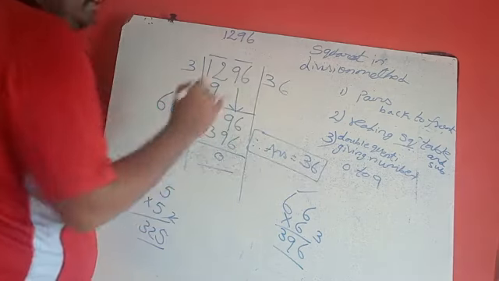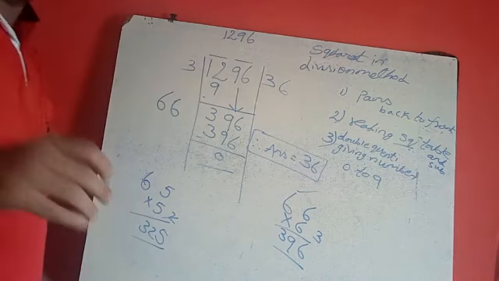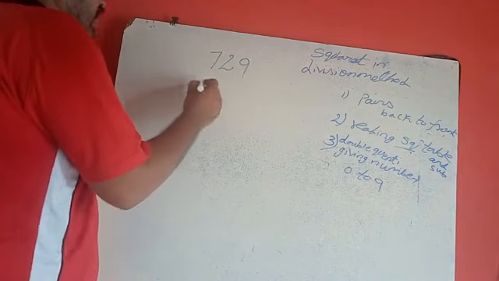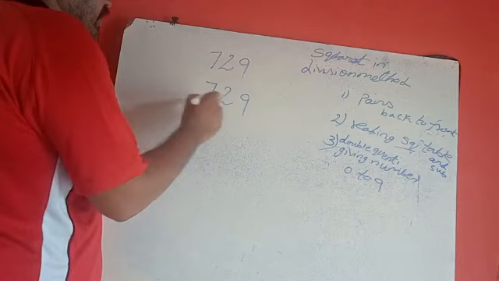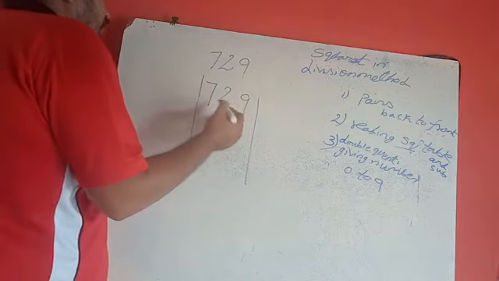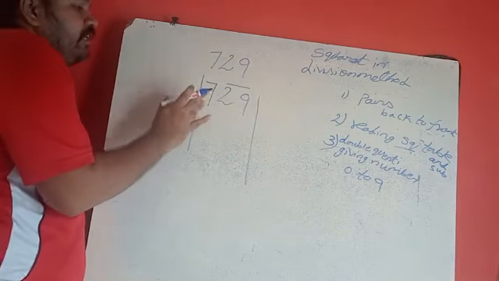That is the answer for this sum. Like that, another sum I am writing. See once. Here I am taking another number, 729. For this 729 we have to form the square root. Forming pairs from back to front: 29 is formed as a pair, and 7 is left as a single number.